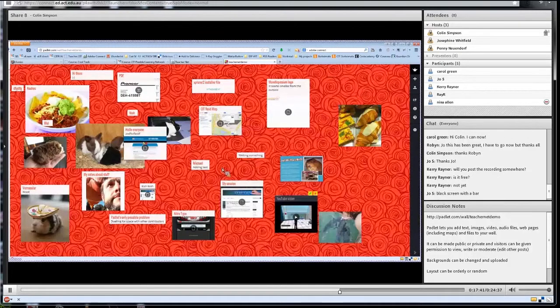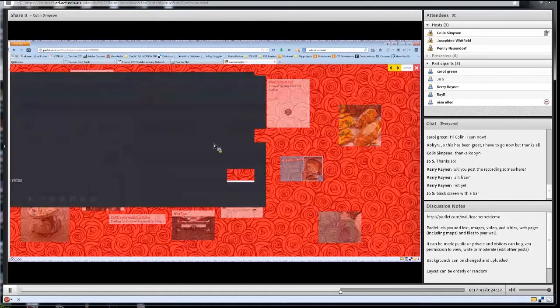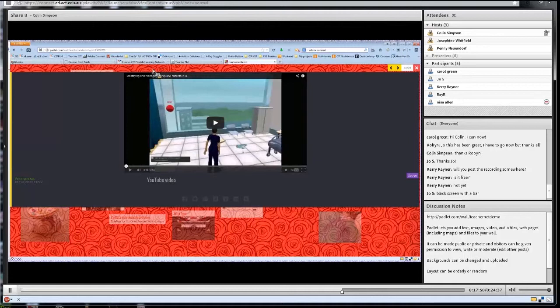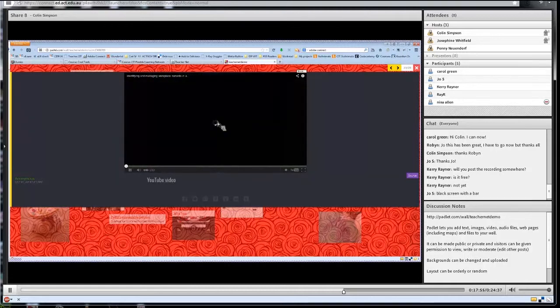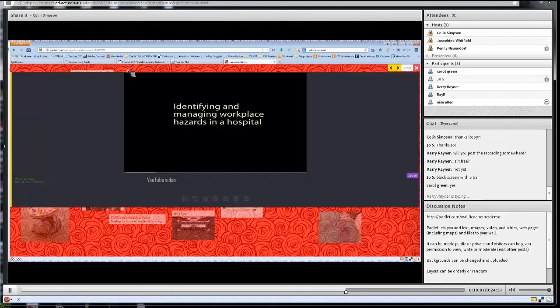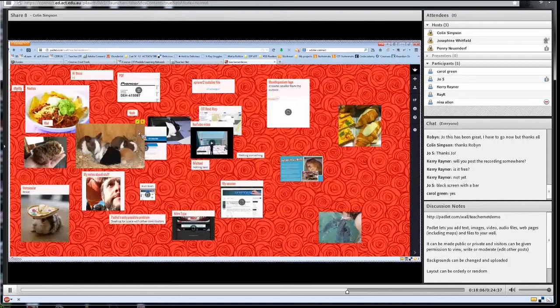So now if I flick back, you'll see that I can also pop YouTube videos in there. It will take a little while to load. But can anyone see the YouTube video up there now? Yep, and it's just loading to play. It looks like a virtual room created. It is, yeah. Identify and manage workplace hazards in a hospital. Yep. And anyway, what I like about this is that it is literally this simple to